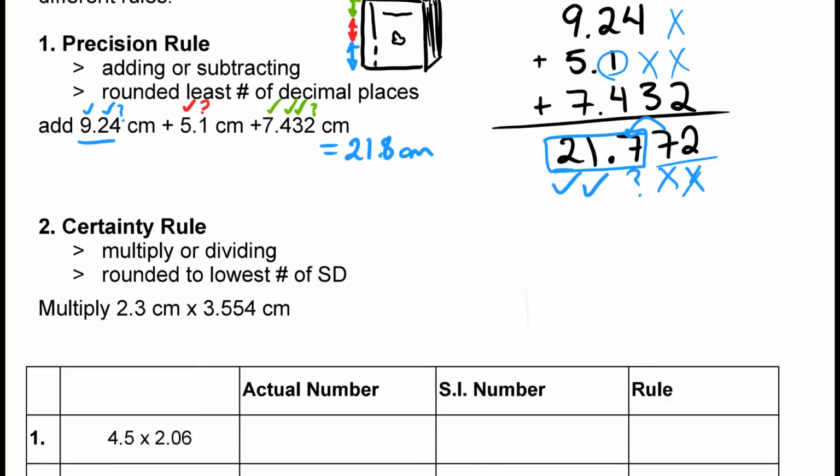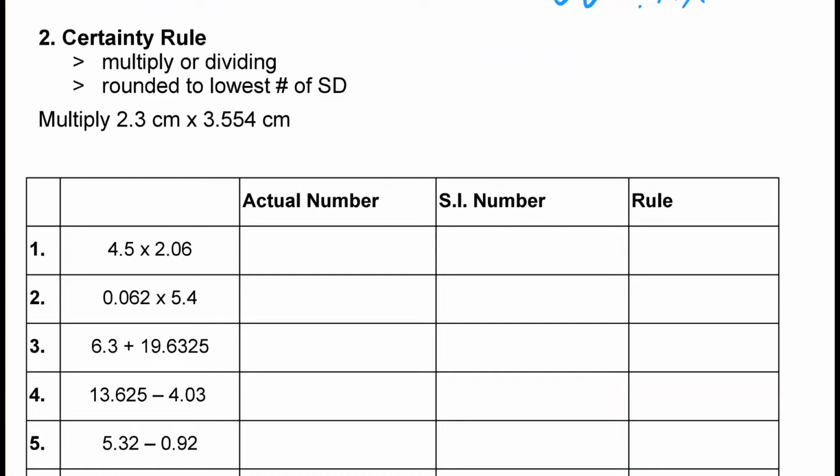We'll get used to a couple more of these and we'll move on, but we're going to talk about the certainty rule now. The certainty rule expresses how when we multiply or divide something, we're going to round to the lowest number of significant digits. Now remember, the 2 is definitely a 2, but the 3 could have been a 3 or a 4, could have been a 2, something like that. The 3 is a 3, the 5 is a 5, the 5 is a 5, but the 4 is a little bit of uncertainty. So when you multiply this number by this number, when I do this on my calculator, you're going to get